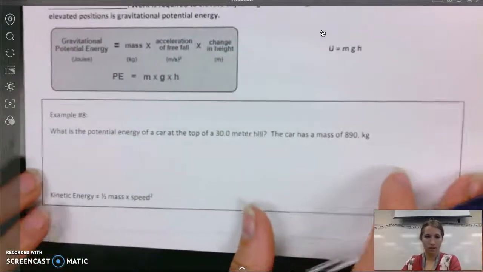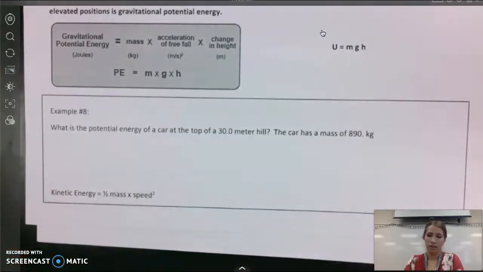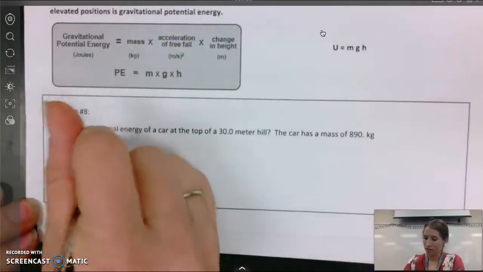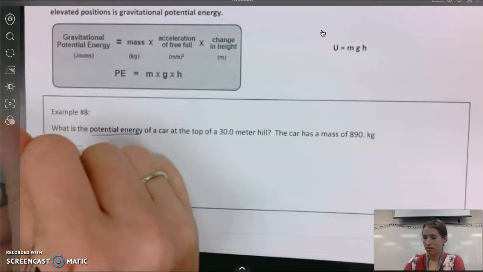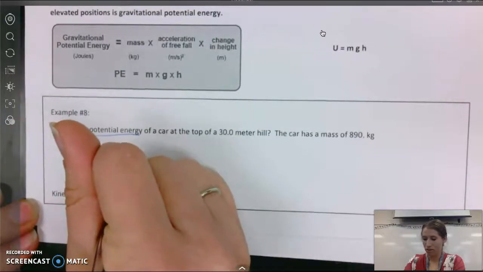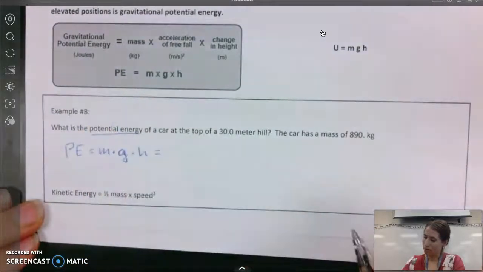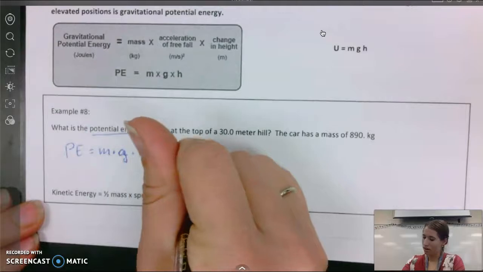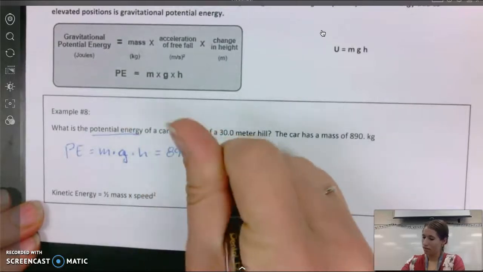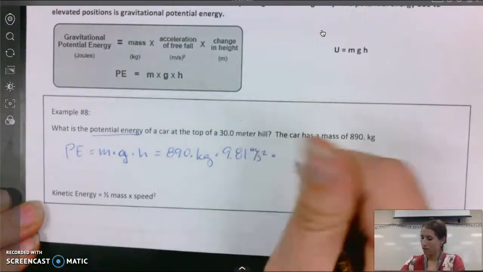Example number 8. What is the potential energy of a car at the top of a 30-meter hill? It has a mass of 890 kilograms. Okay, so this is just asking for the potential energy. We know potential energy is mass times acceleration due to gravity, which we're just calling g right now, times h. And so we have a mass of 890 kilograms, acceleration due to gravity, 9.81 meters per second squared, and then height,